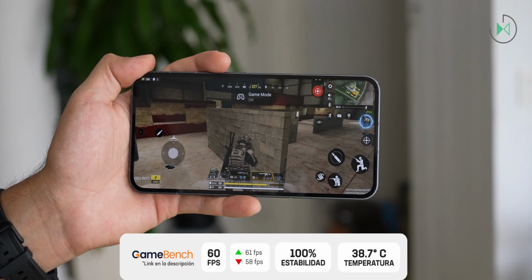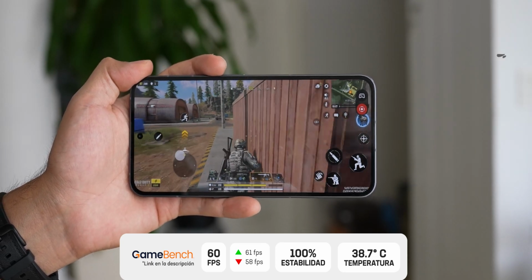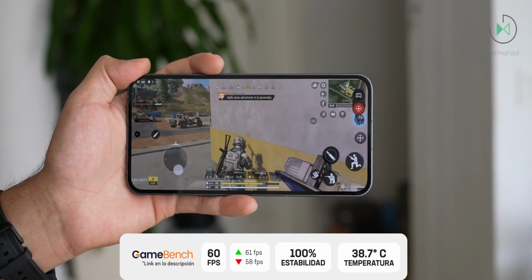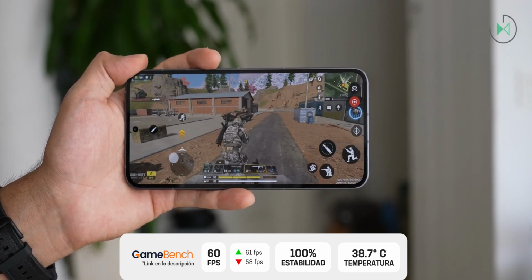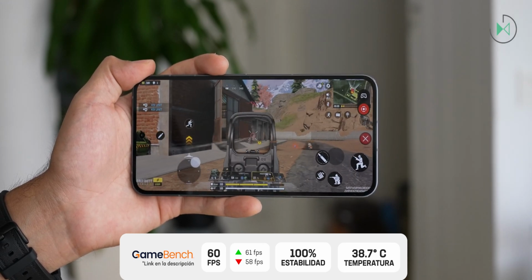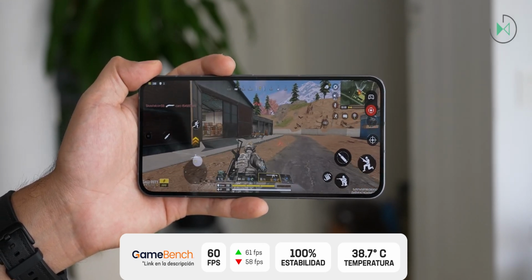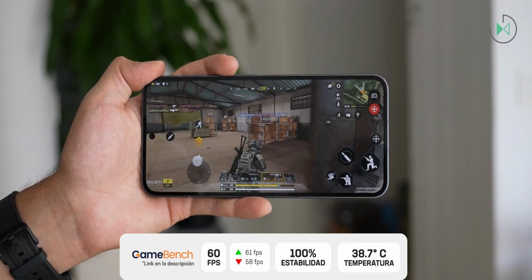With this setting, it gave us 60 frames per second on average with 100% stability. Its highest peak was 61, and its lowest was 58, with an outside temperature of 38.7 degrees Celsius. Definitely with these numbers we can assure that it does give us a very good gaming experience without high heating. At least in this game we can say with a lot of certainty that it will give you a very